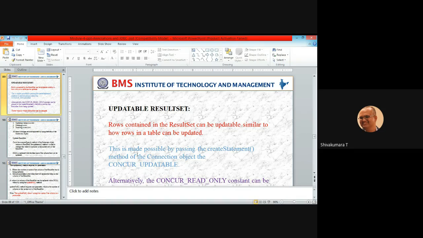If that ATM machine uses Java technology, obviously it uses JDBC, the Java Database Connectivity concept. In that case, that particular customer record is going to be loaded and displayed onto the screen as a menu list: generating statement, withdraw, transfer, and so on. That copy, which it loads as a result set, is independent of the database which it is connected with for that particular record.